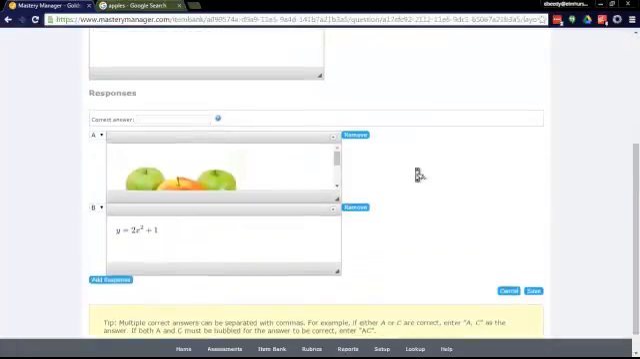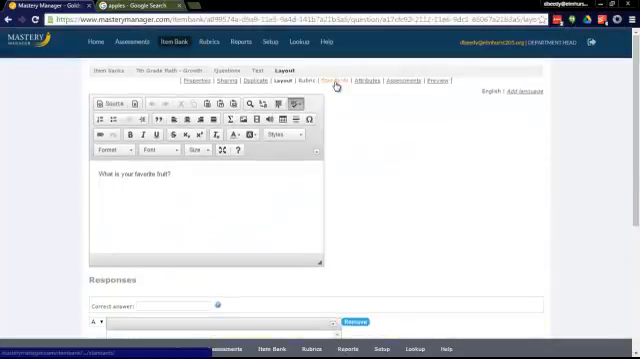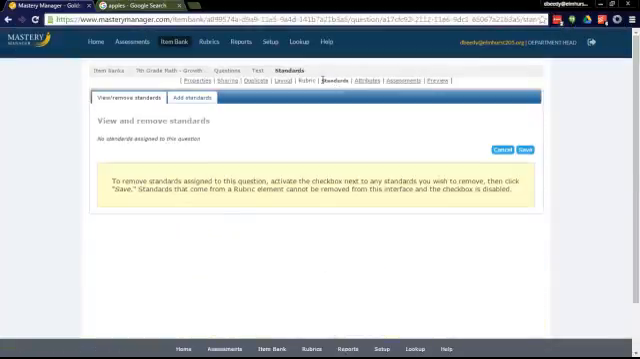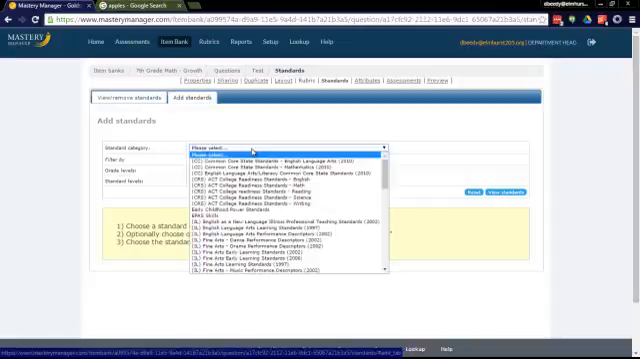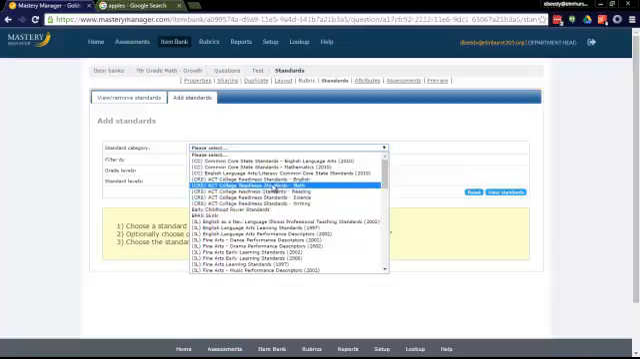There are some other things in here too, and we're going to add a standard. So to do that, we're going to click on the standards link in the link line up here. And notice right now, there are no standards assigned to this question. So we're going to add a standard by clicking on this tab, and then we're going to select one of the standard banks. So these are all banks of different kinds of standards, like college readiness, ELA, all sorts of